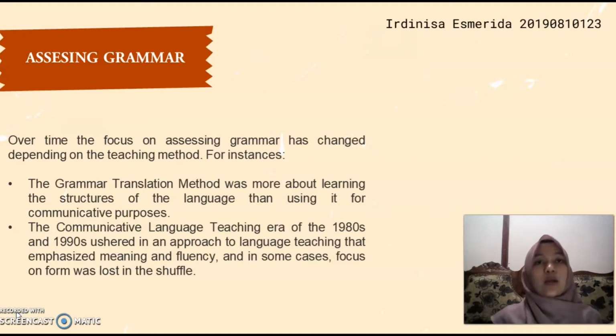Today, the goal of communicative language teaching is to help language learners communicate effectively in the real world. However, most communicative approaches recognize that grammatical competency is an integral part of language use, and therefore they advocate attention to teaching grammar. The assessment of students' grammatical competency has also changed over time.